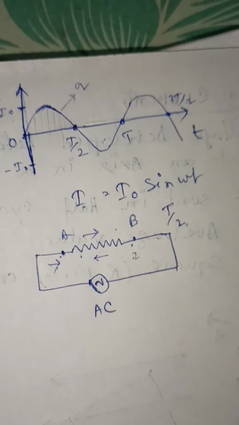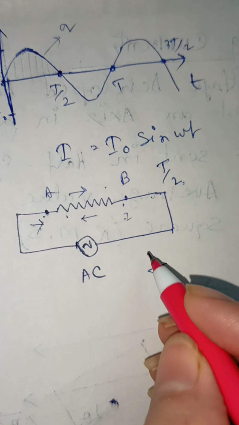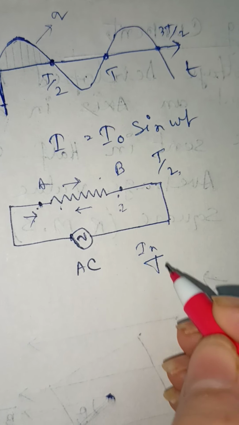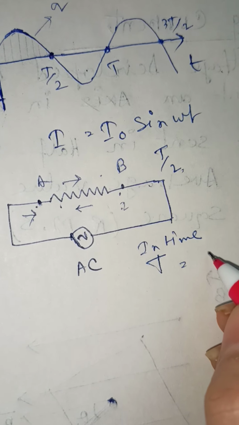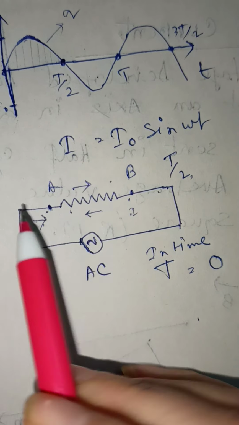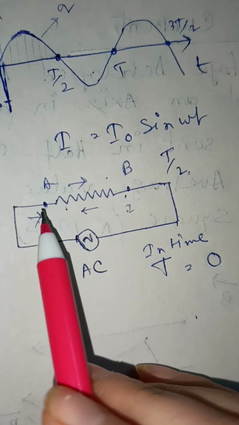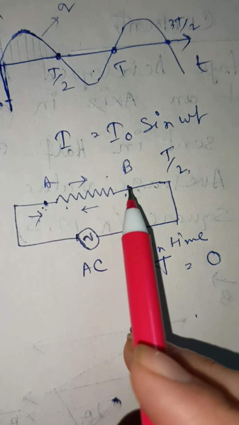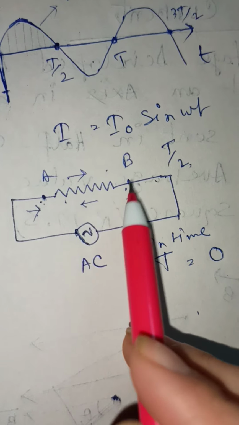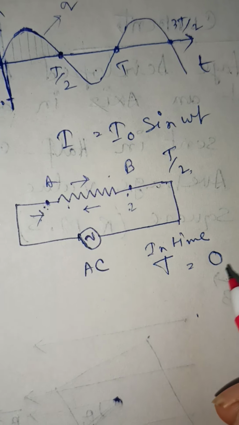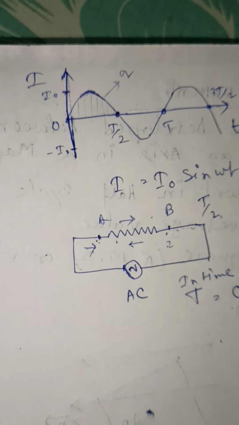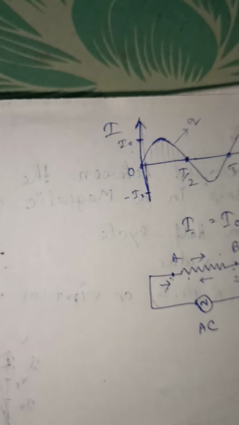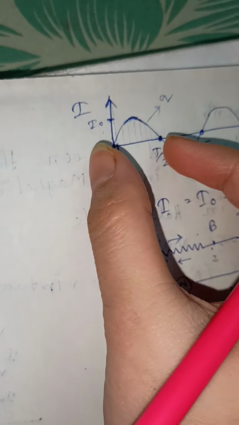So if we discuss time T, in time T the total charge equals 0, because in time T, Q amount of charge first moves from A to B and then from B to A. So the charge flow in time T equals 0, right? That's why here I am discussing charge flow for half cycle. This is our half cycle. Okay, so just look here.